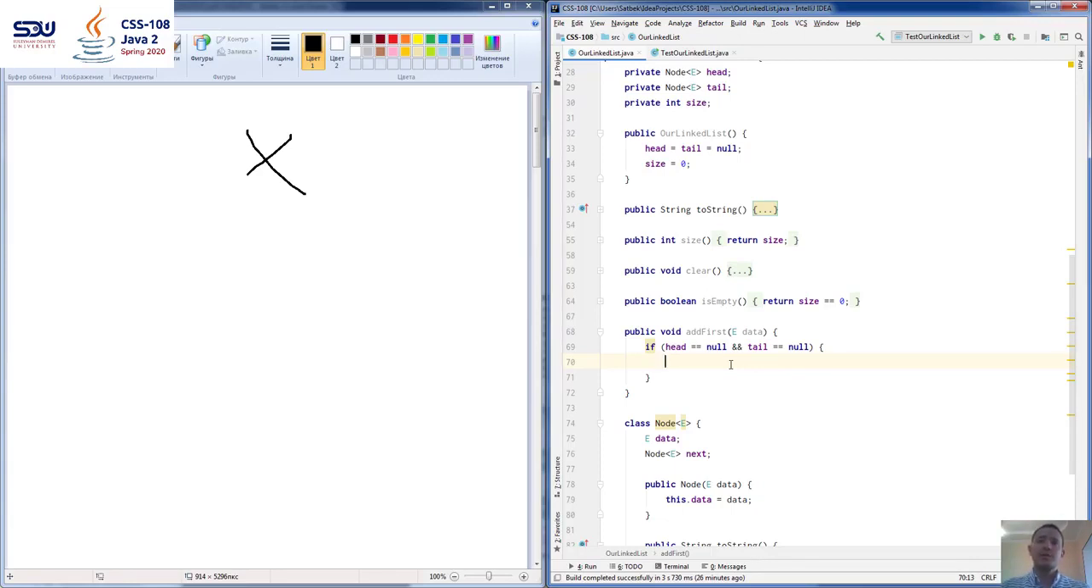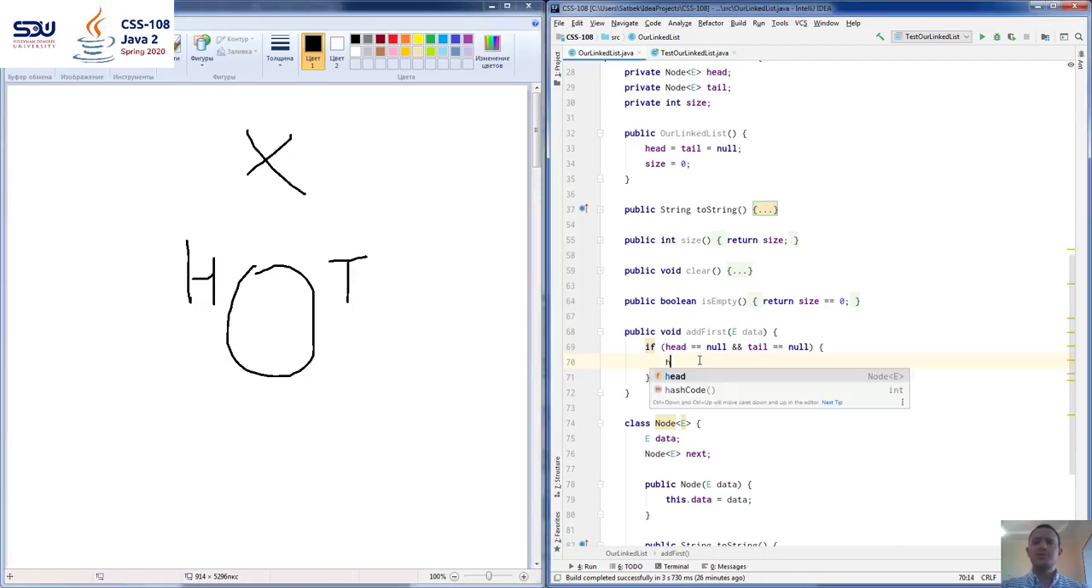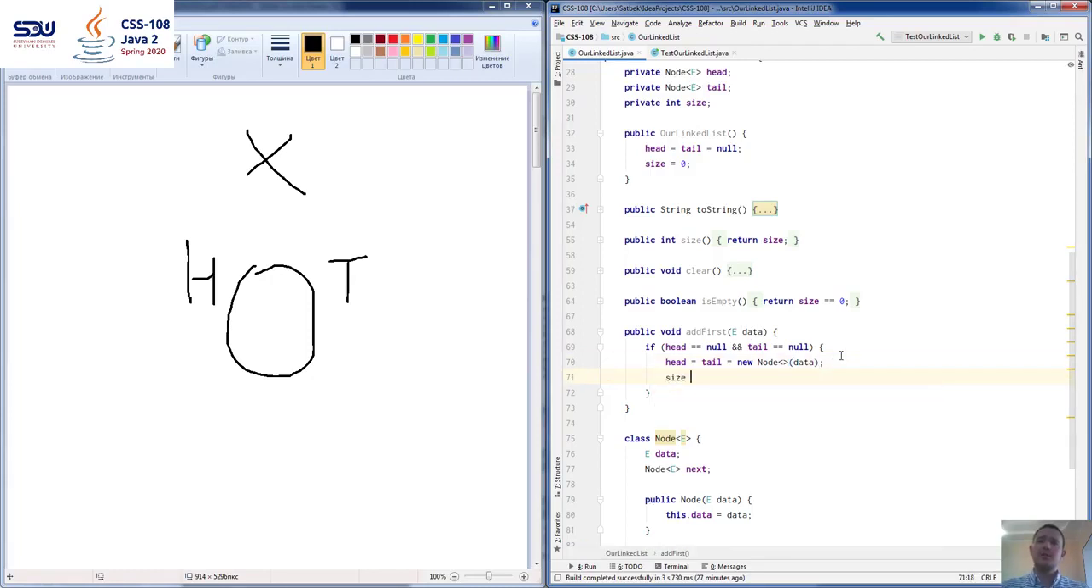So in this case, what's going to happen? Both head and tail are going to be pointing to the same node, right? Because no node is added yet, and head and tail are going to be pointing to this one. So we just say head equals tail equals new node with data. We have a constructor that takes an element of type E. And since we added one element, we're going to say size plus plus. And else,